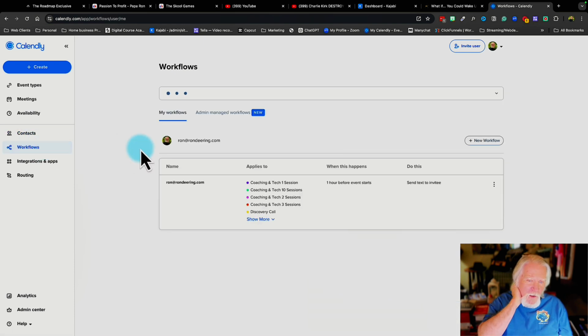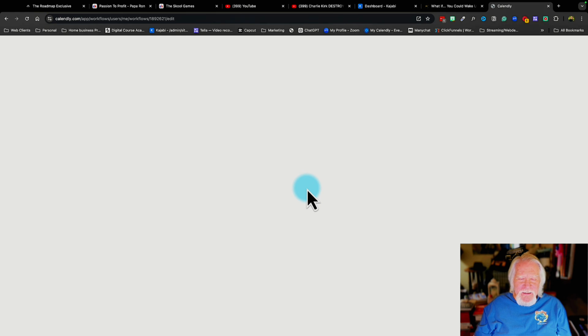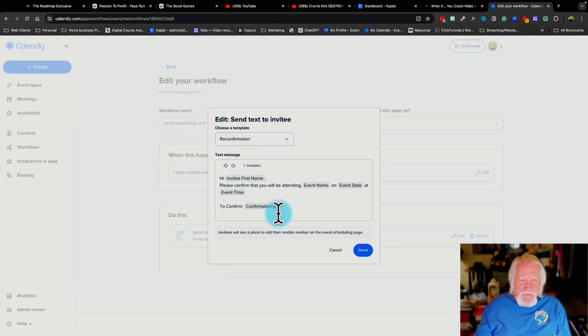These workflows are really, really cool. Okay, so you can create these workflows, and this particular workflow is, and let's see if I can edit this. Okay, this is a really cool one because what this does is when this happens, 1 hour before the event starts, and then I wanted to do this particular thing, send a text to the invitee. Okay, so when I do this, I want a